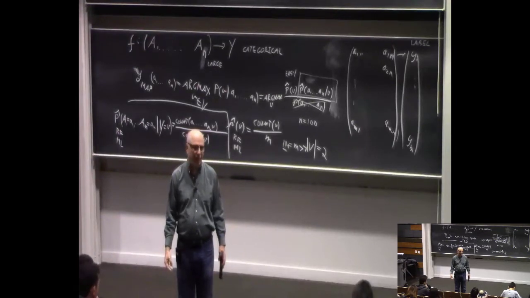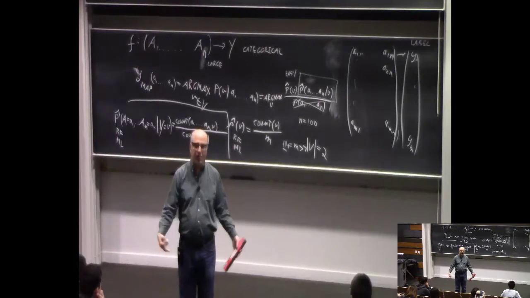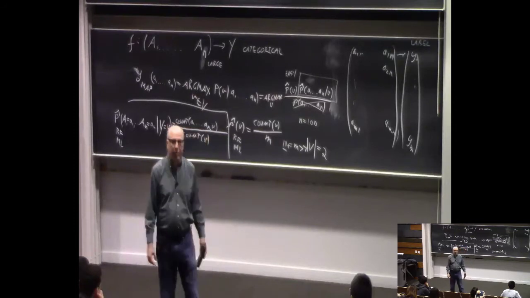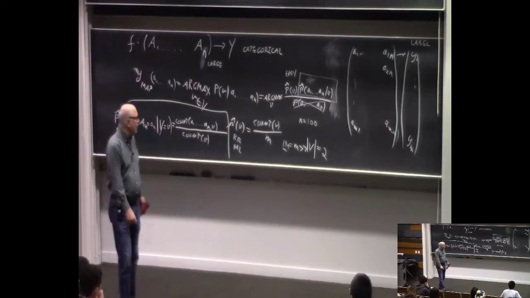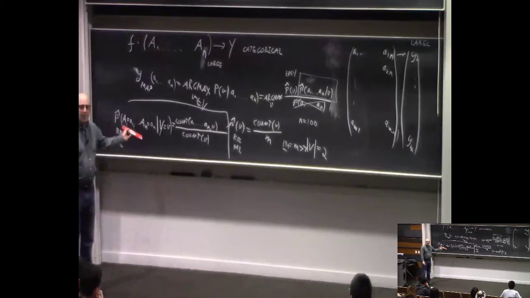That's a very reasonable setting. You're trying to decide whether to give a loan to somebody, and their personal information is expressed in terms of 100 attributes. That sounds reasonable. 100 binary attributes. What about this estimator? Do you like it? Do you dislike it? Are you indifferent? Yeah? Well, if we're looking for the count of A1 to AN and some particular V for